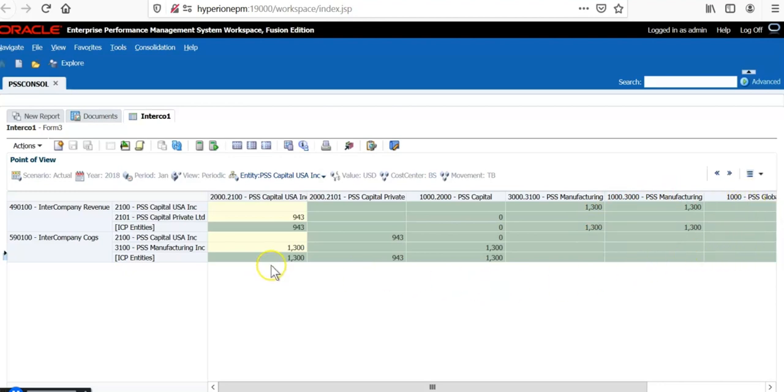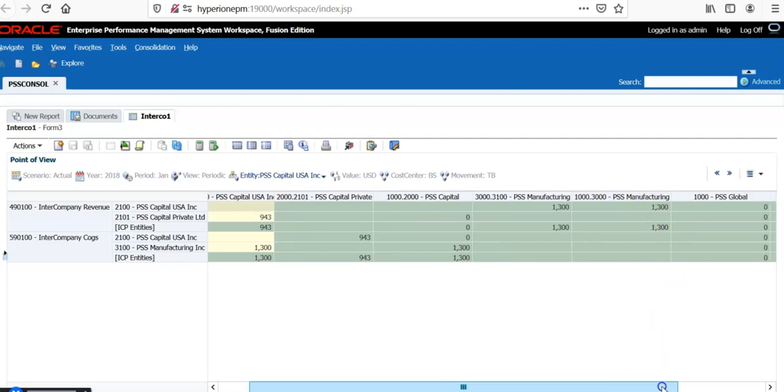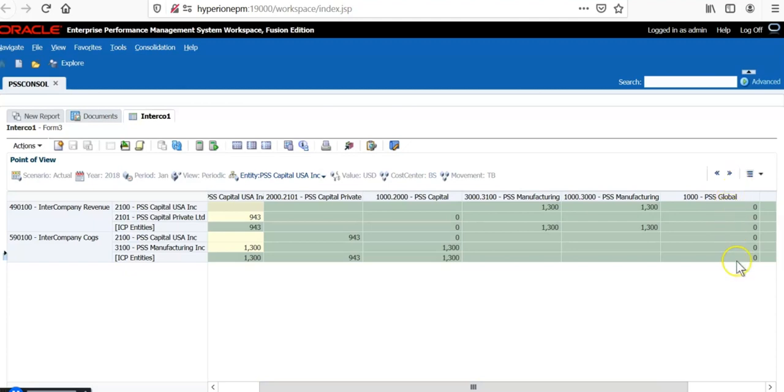So at this level 2000, it's not getting eliminated. It is showing 2000 parent has an intercompany cost as 1300. Now 3000 entity is also showing intercompany revenue as 1300. Now the common parent is 1000, that is PSS Global.